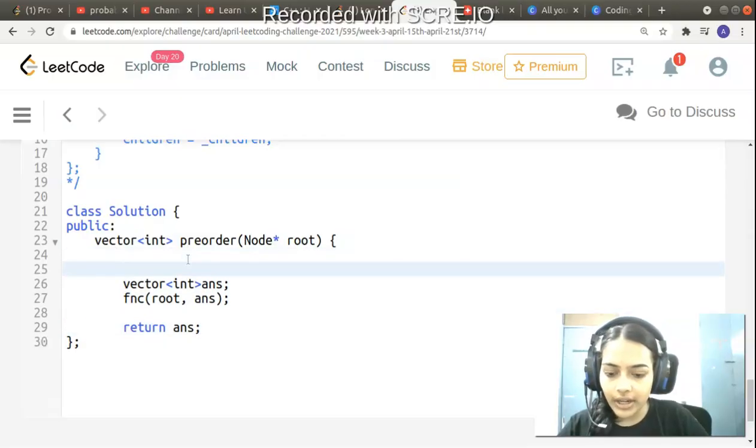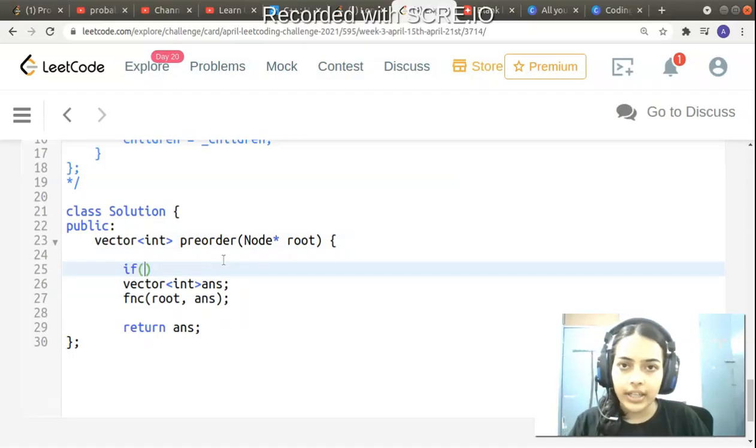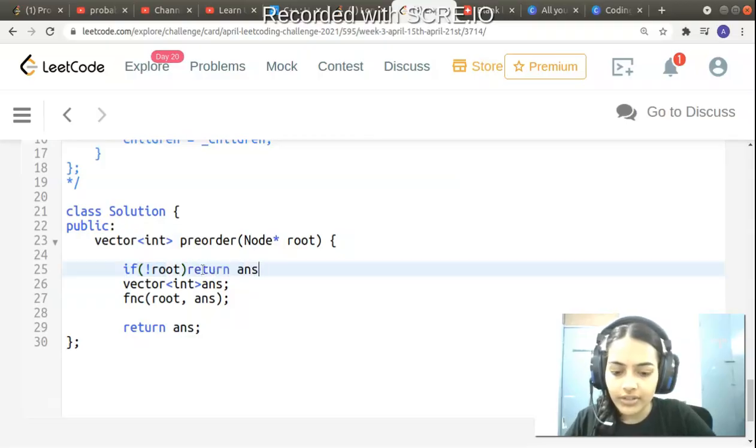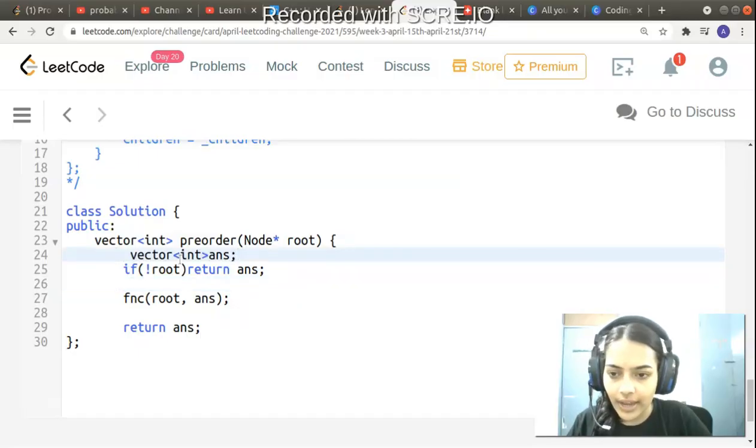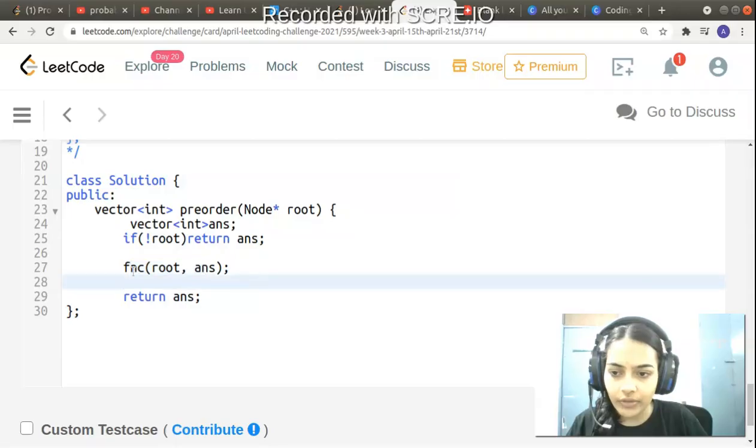Now first thing that I'm going to do is check if it is a valid root or not. Because if the root is null, then I can just return answer. So I will declare the answer above, and I will just return this answer if the root is null. Otherwise I will make a recursive call to this function, which I've just called fnc for short.